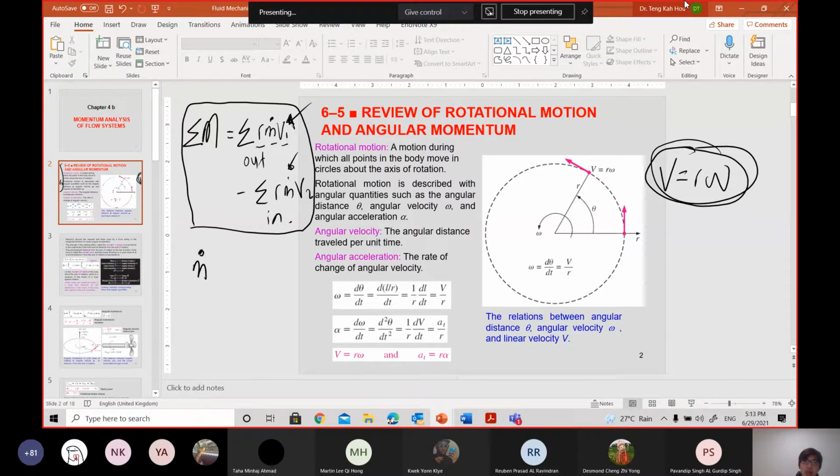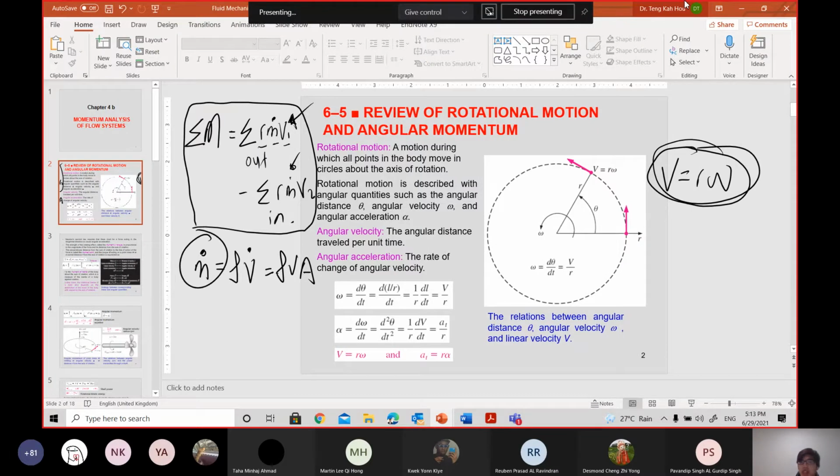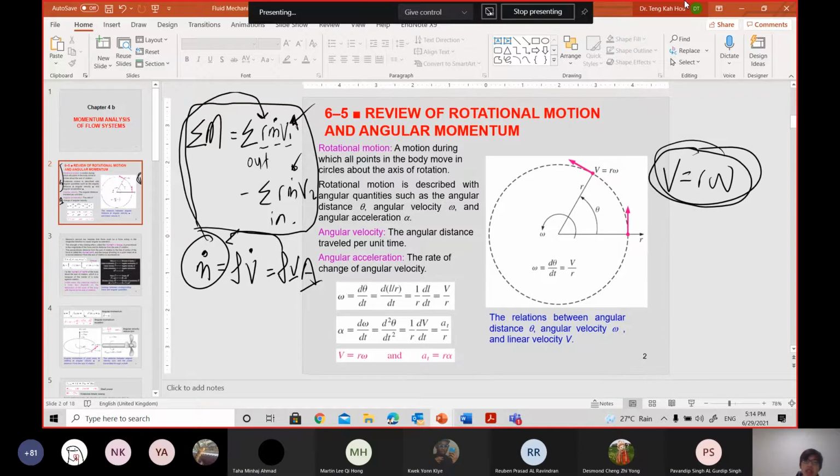When we want to know the mass flow rate, a lot of times it can link to the volume flow rate, and even to your velocity and area. So the question's tricky part is that not all the time does the question give it to you straightforwardly. It may give you velocity or area, and you work backwards to get the mass flow rate, and then fit it in accordingly. Same for your velocity. Not all the time will the question directly give you the velocity. It will just give you R omega, or let you know the omega for this case is what value. So you need to know how to link back to velocity.